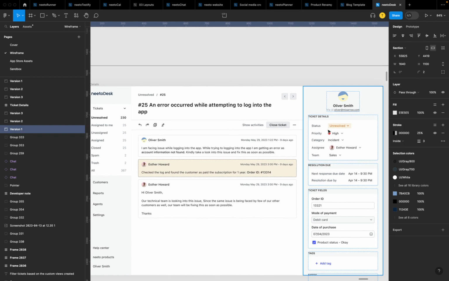So what I have done over here is, I have grouped the basic meta information that is needed by any team, like the status, priority, category, assignee, and team, is now being grouped together into one single block. And here itself I have highlighted the status. So the benefit of this is,